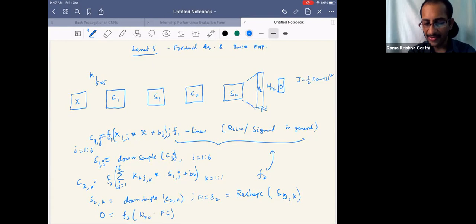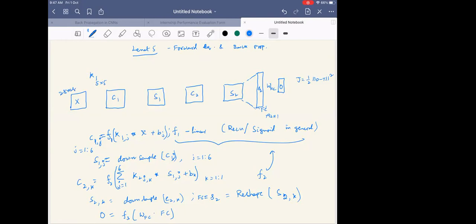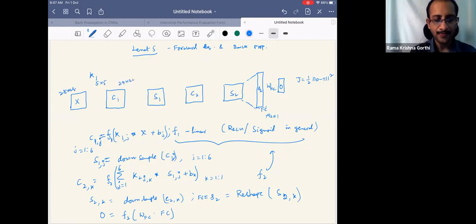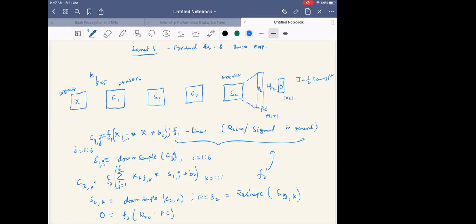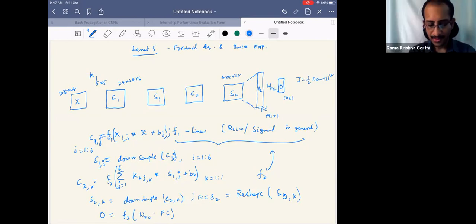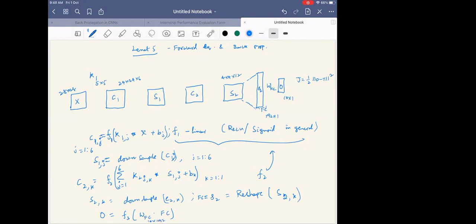And then the dimension of W_FC is how much? It depends; here, 192 cross 1 for our dimensions. We will start with 28 cross 28, just going with the same dimensions so it is easy for us. Then here it is 4 cross 12, so here it is 192, and the output is 10 cross 1. So the dimension of W_FC is 10 cross 192, and this is anyway 192 cross 1 FC.